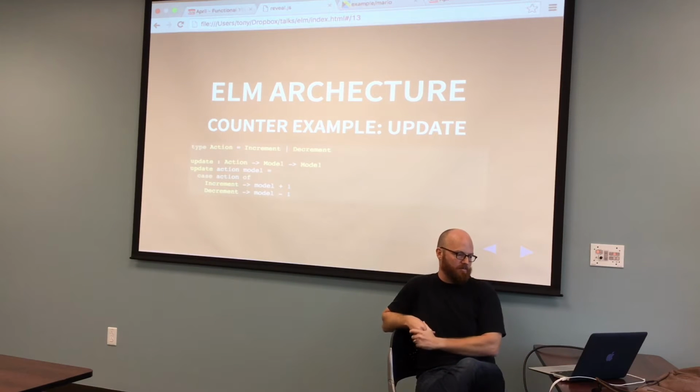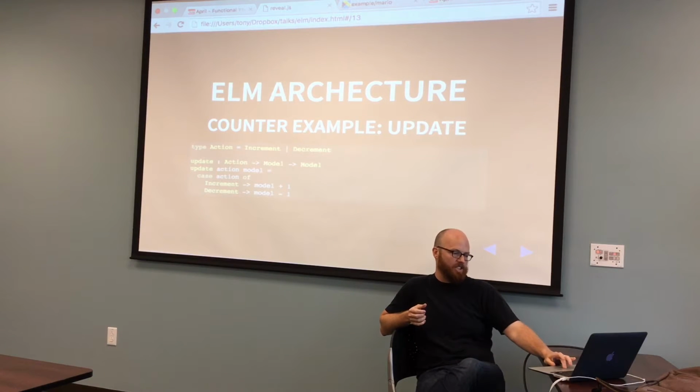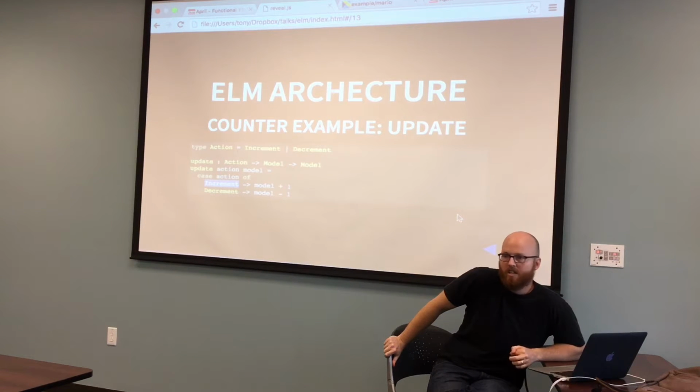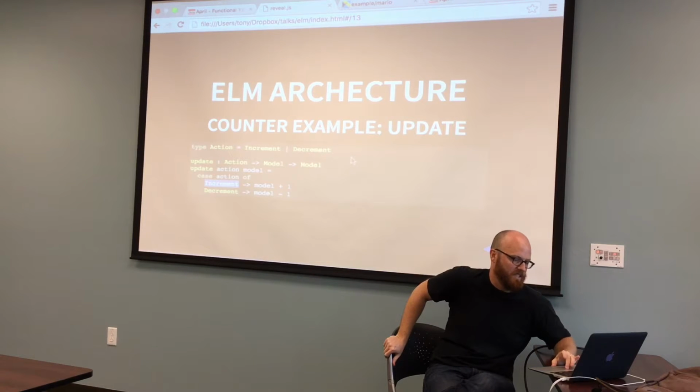And then this is our update function. So our action, just like our maybe was like just or nothing, basically. Our action is either an increment or decrement. So our update basically takes in an action and a model, and it's going to output the new model from it. So this is obviously super easy. We can match on the type of our action. So if it's increment, we're going to do a +1 on our model. If we do decrement, we do -1. Are increment and decrement built-in concepts, or do they just exist because we defined them? Just exists because of this line right here.